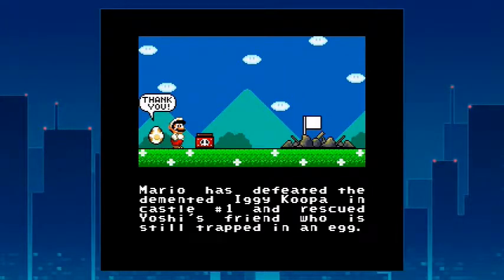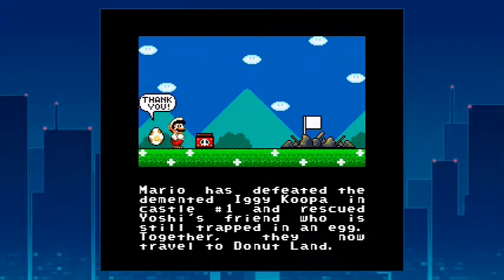Mario has defeated the demented Iggy Koopa in Castle 1 and rescued Yoshi's friend who is still trapped in an egg. Together they now travel to Donut Land, so I'm on this second world already, so that's kind of how